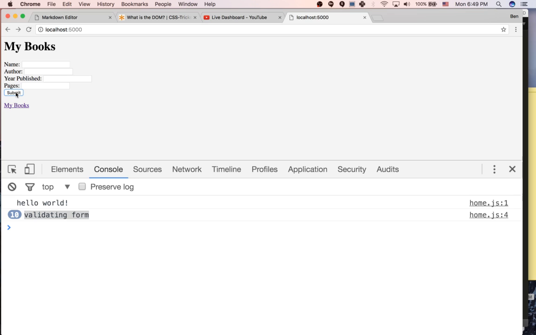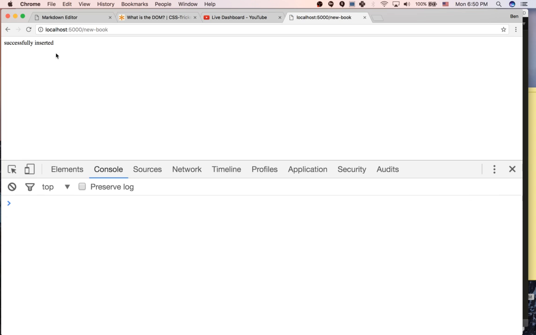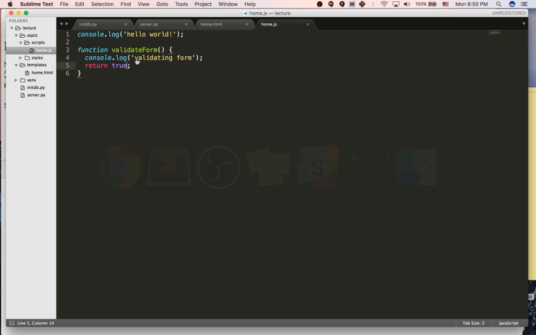Now I submit. I got to refresh, submit, and then it successfully inserted an empty book. And I go back, hit my books, and then you can see all these empty quote marks, these empty strings. Okay. So if I come back over in here now to the editor, we see that,